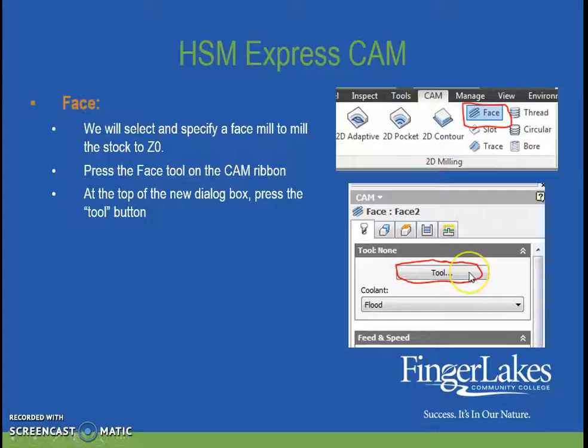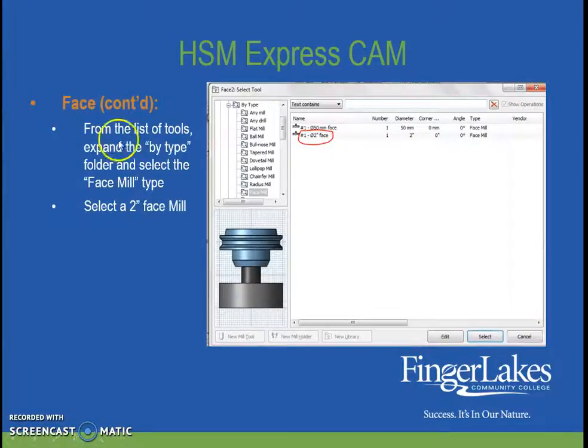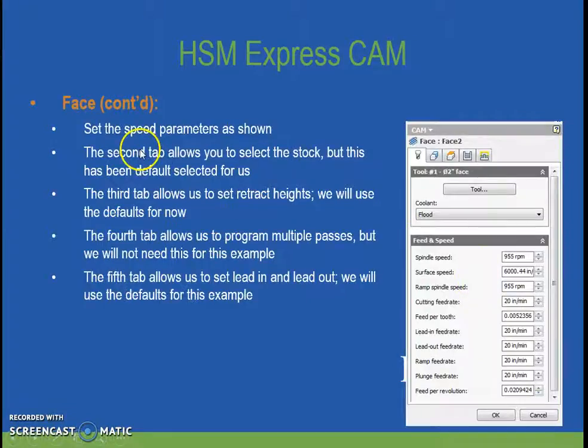The first thing you do is select a tool to face with, and you can search for face mills, and you'll see some options. There's a 2-inch face mill. You can select that one, hit the select button. Now you go to the next tab,